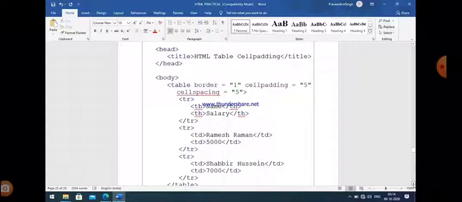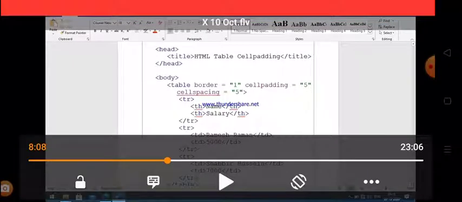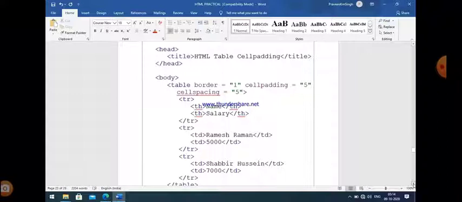By default, there is no space between the different cells. All cells are interconnected to each other. Where one cell is over, another cell begins from there. So if you want to increase the space between the different cells, then we use the cell spacing attribute.